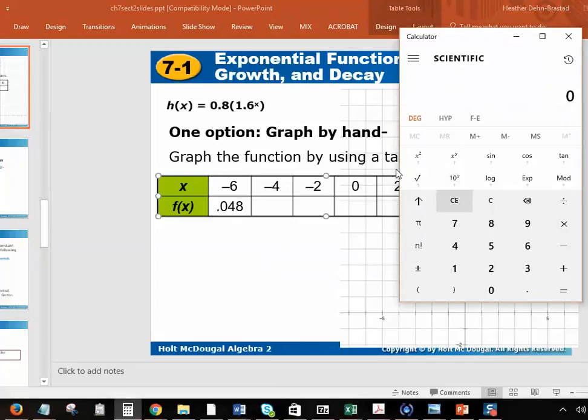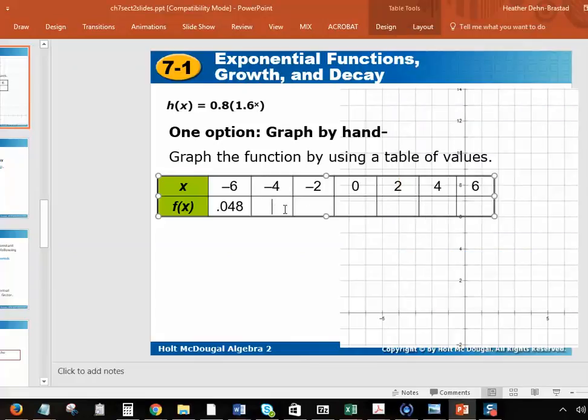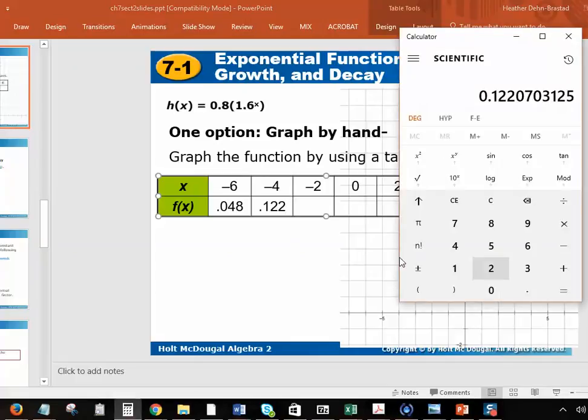Clear this out. Next one would be 1.6 to the power of -4. Hit equals, multiply that by 0.8. And I get 0.122. Now when I graph these, I'm going to definitely have to estimate because these are very small decimal values. And you would continue this,